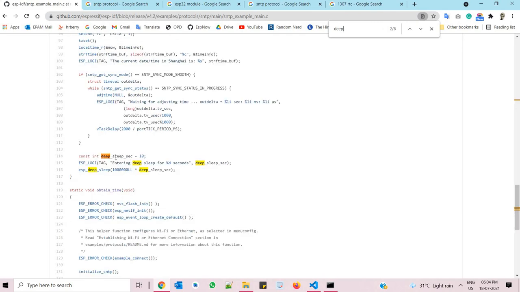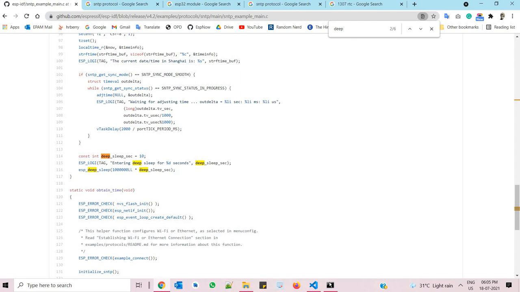See, the module is going into deep sleep mode, but in my case I have no requirement for deep sleep mode. So I have commented out the deep sleep mode and all related code, and updated it as per my requirement.